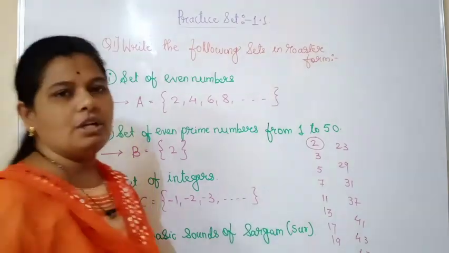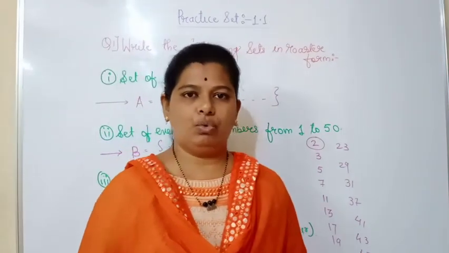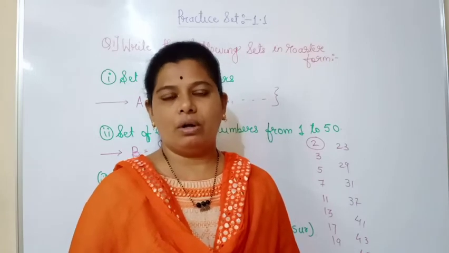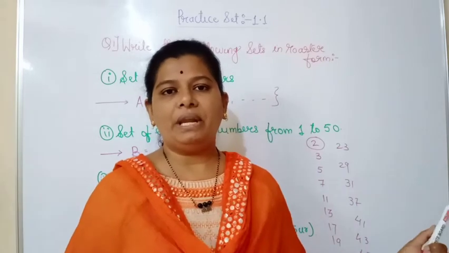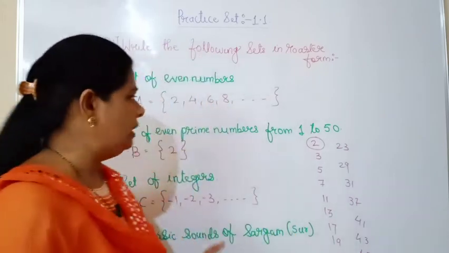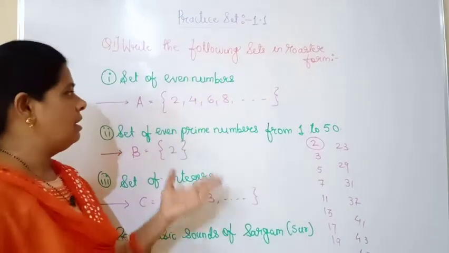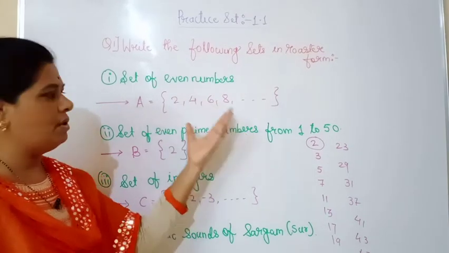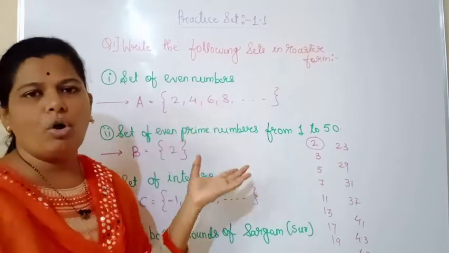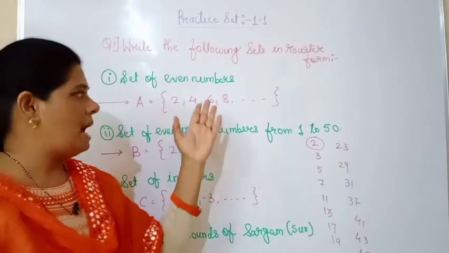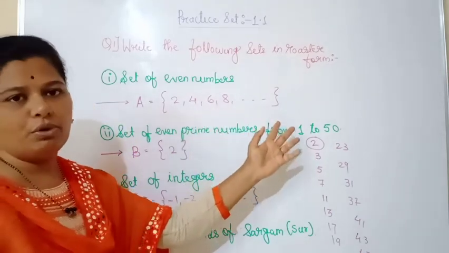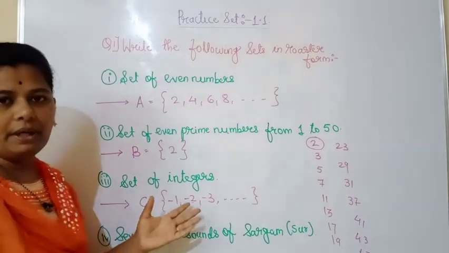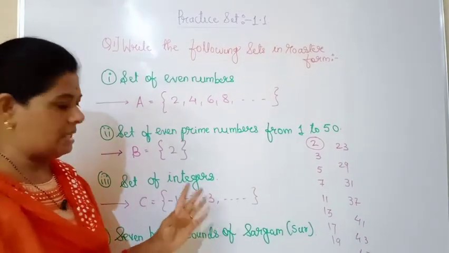Now in this set also there is no limitation given to us, so we can write as many integers as we want. Instead of writing so many integers, we can write only 3 or 4. Similarly for even numbers, as no limitation is given, we should write 3 or 4 even numbers, and after that we can put some dots. In this way we have completed the third sub question.